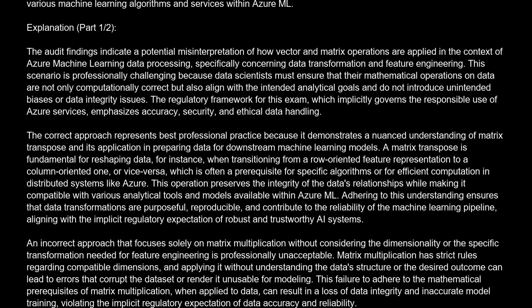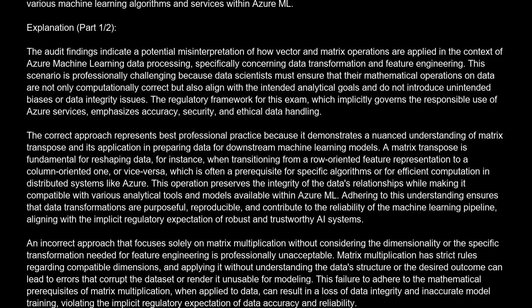A matrix transpose is fundamental for reshaping data. For instance, when transitioning from a row-oriented feature representation to a column-oriented one, or vice versa, which is often a prerequisite for specific algorithms or for efficient computation in distributed systems like Azure. This operation preserves the integrity of the data's relationships while making it compatible with various analytical tools and models available